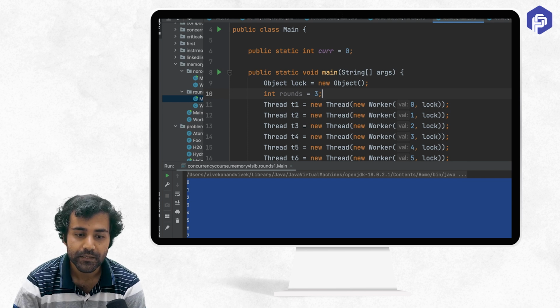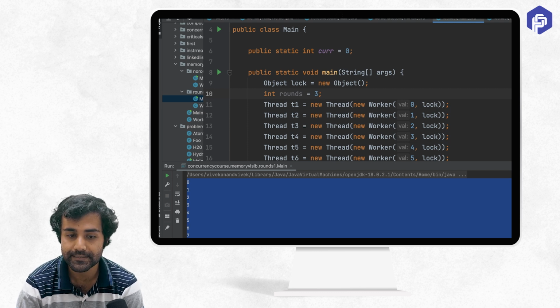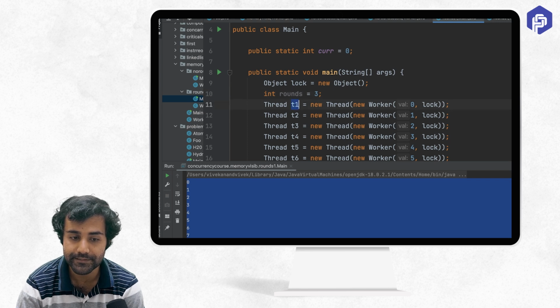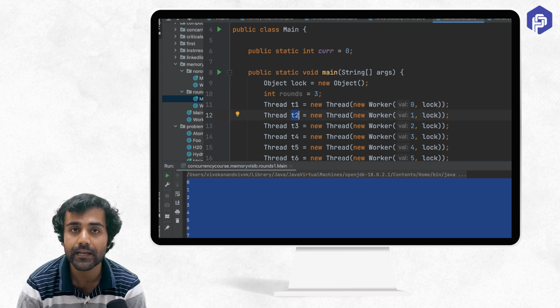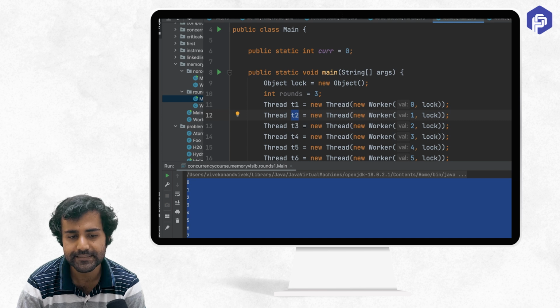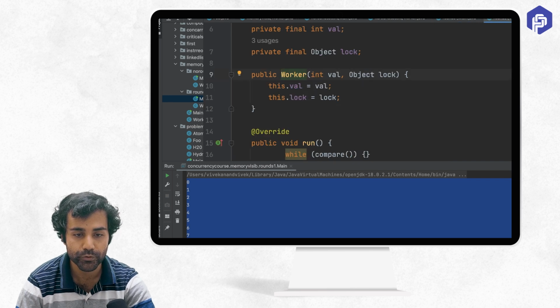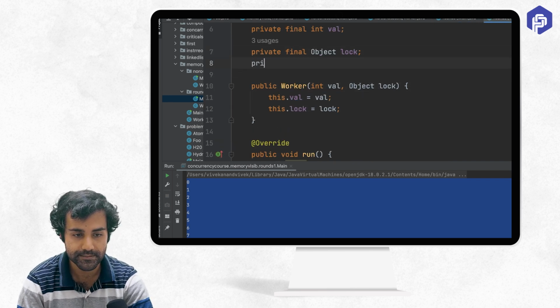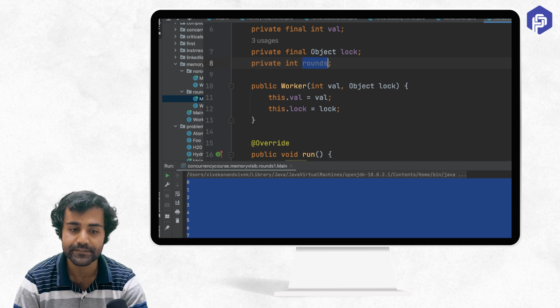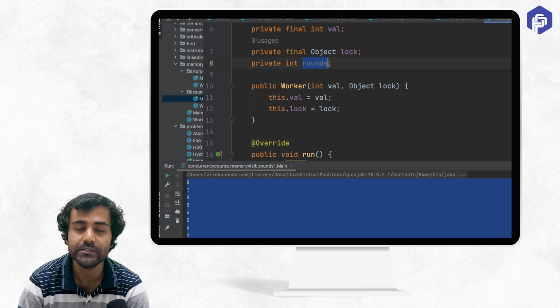Let's do that. Okay, so there are several things that come to our mind. First thing that comes to our mind is that every thread that is running should somehow know how many rounds are there. So the easiest way is to pass these rounds inside the worker. So inside this worker, I'm going to introduce a new instance variable. It is going to be a private int rounds. I'll tell you why I have not kept this variable as final,